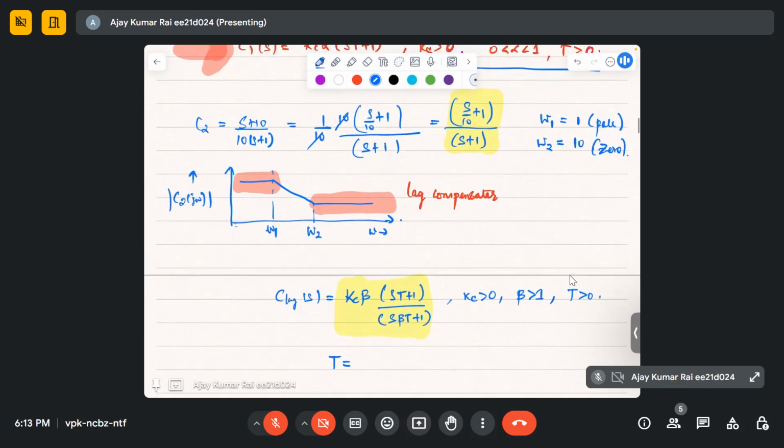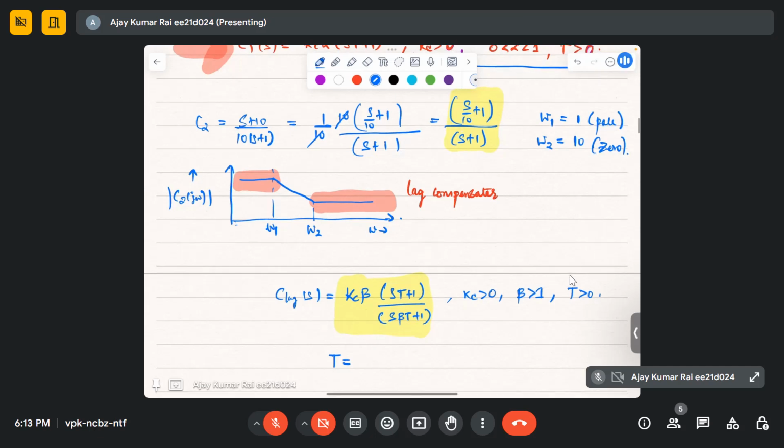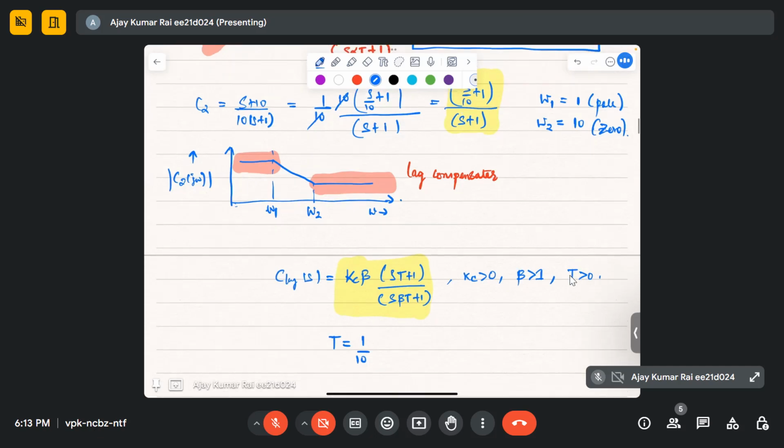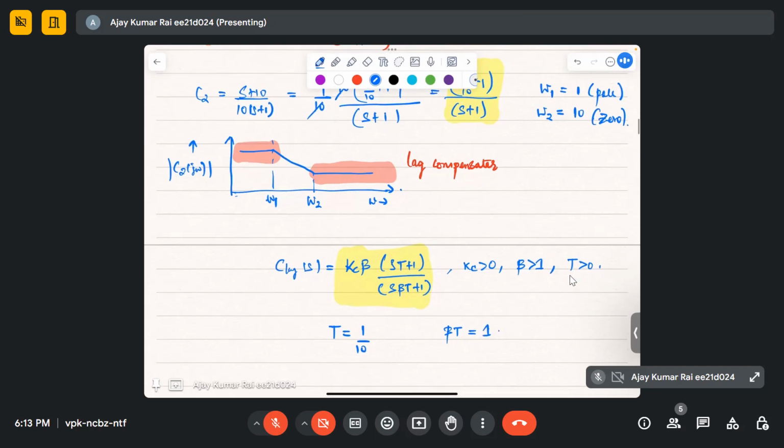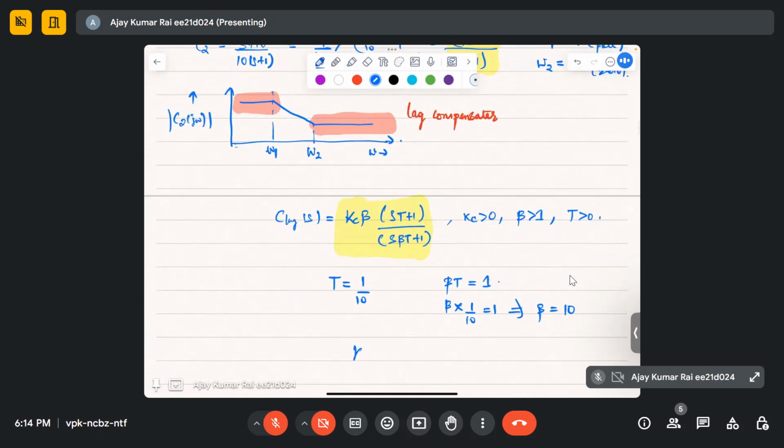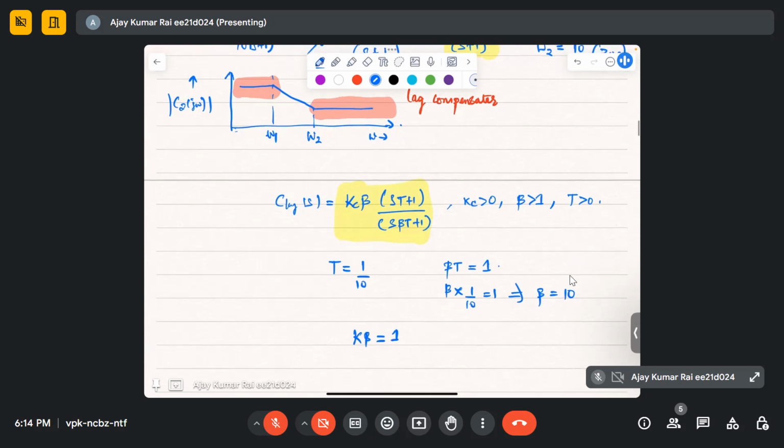Okay, so you can see that it is 1 by 10, correct. Similarly, if you compare the denominator, you will get beta t equal to 1, and we know 1 by t, t is equal to 1 by t. So beta into 1 by t equals 1, and this gives beta equal to 10. And from here Kc beta, we know, is equal to 1, and beta is equal to 10,